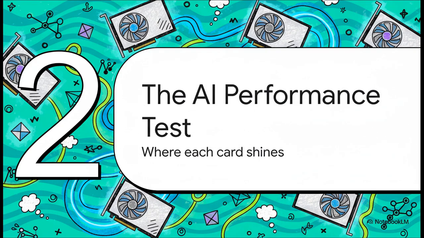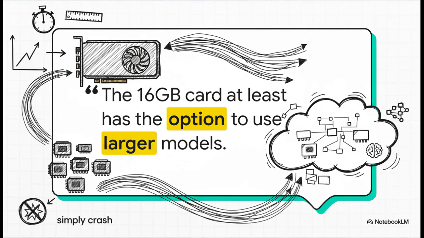Specs on a page are one thing, right? But how does all this stuff actually perform when you're running your AI tasks? This is where each of these cards starts to show its true colors. This quote from Tom's Hardware just nails the dilemma perfectly. It's easy to run a benchmark and say, yep, the 4070's faster. But the benefit of all that extra VRAM on the 4060 Ti? It's about possibilities. It's having the option to run these huge, complex models that would just instantly crash the card